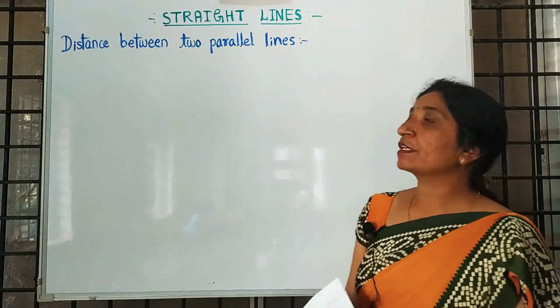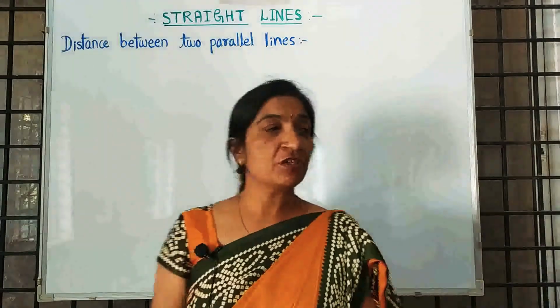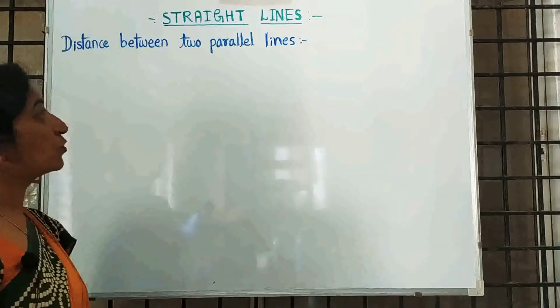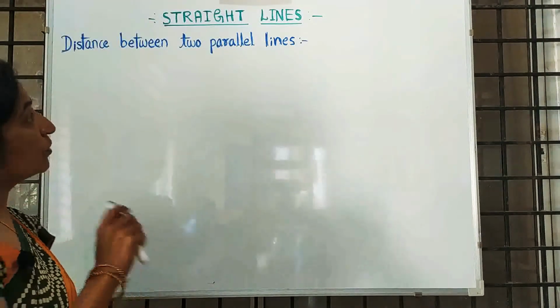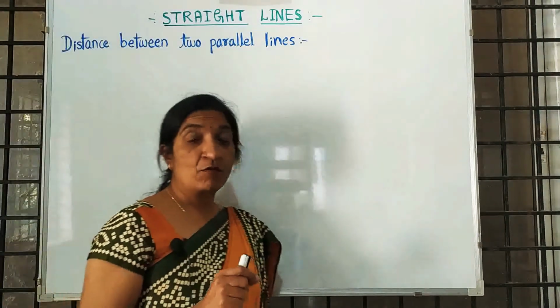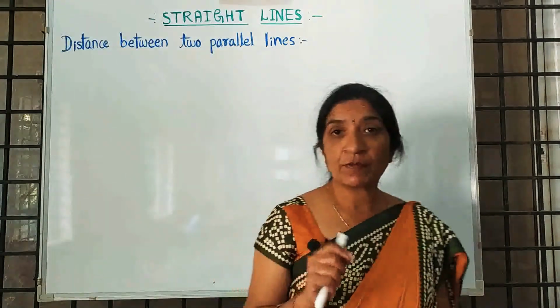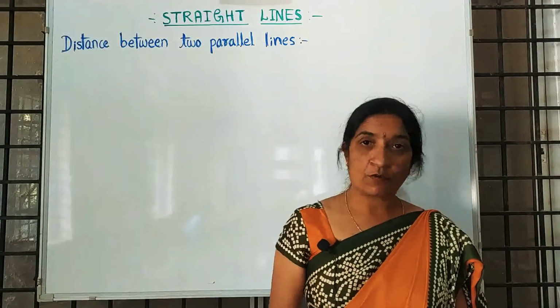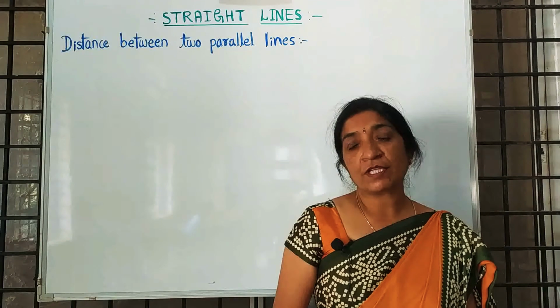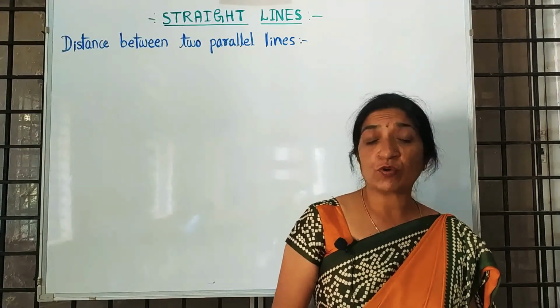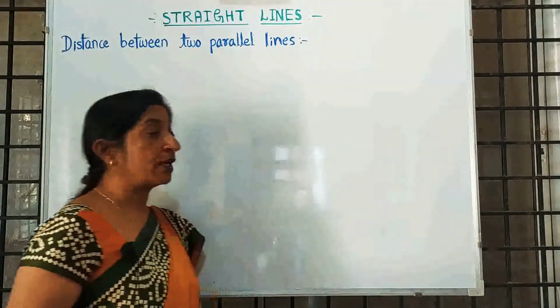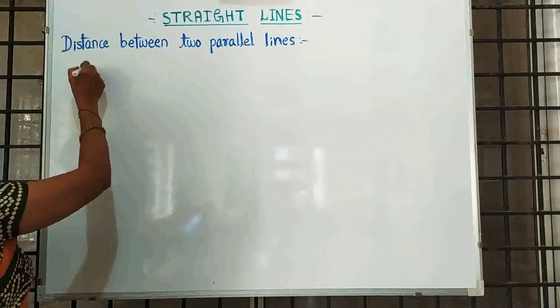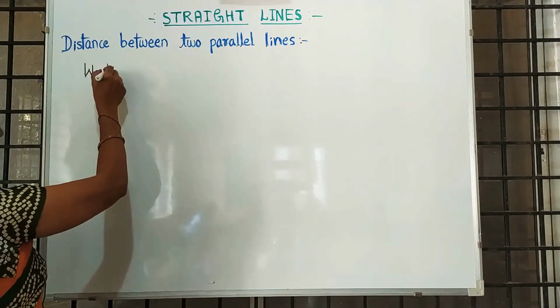So in today's class I will give one more derivation, that is the distance between two parallel lines. When you hear the word parallel, what do you get in your mind? The slopes are equal, correct? So with the help of that basic, if you want to write two parallel lines, how will we write? Here we know that